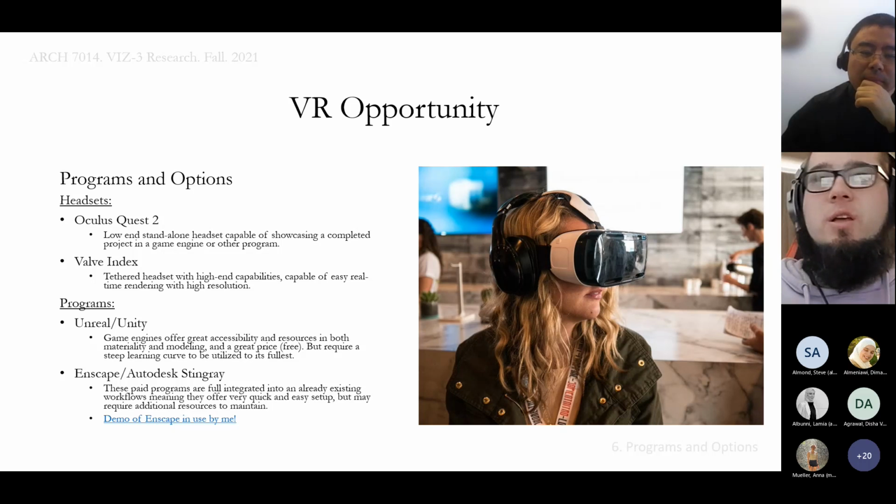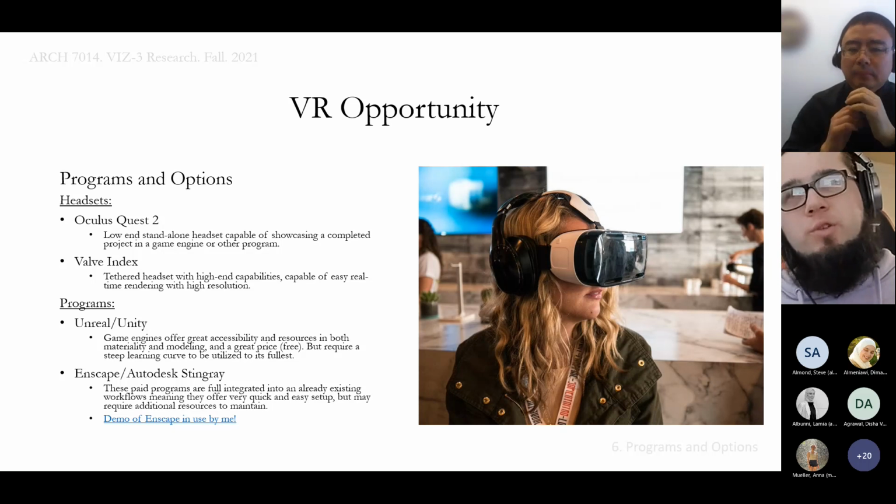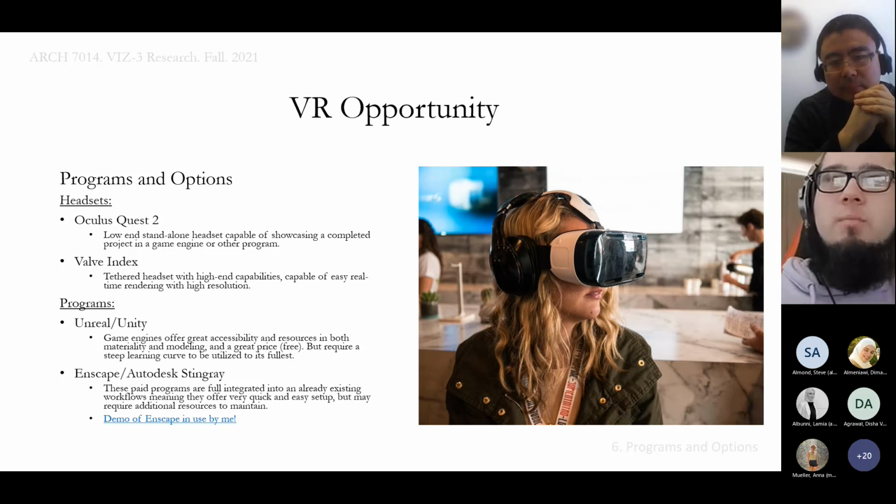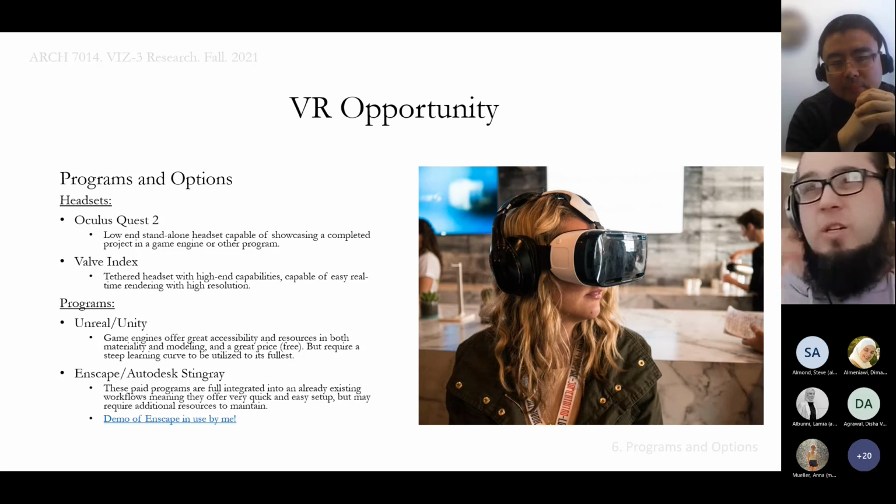In terms of programs, look at Unreal and Unity, which are your game engines, with great accessibility and free resources. I've started to learn Unity myself, so there are a lot of options in materiality and modeling. Also, it's free. On the other side, you have some of these paid programs like Inkscape